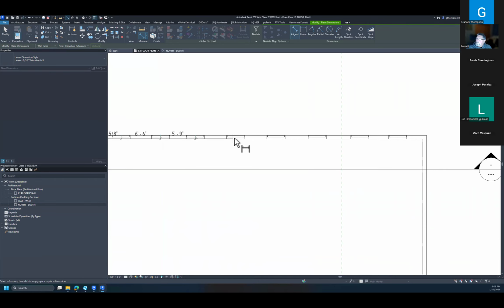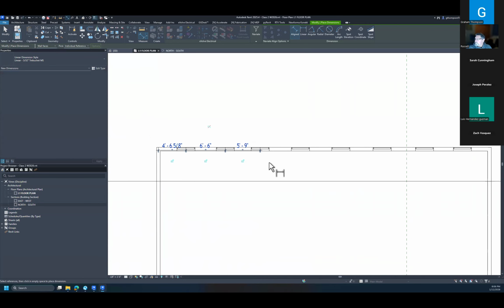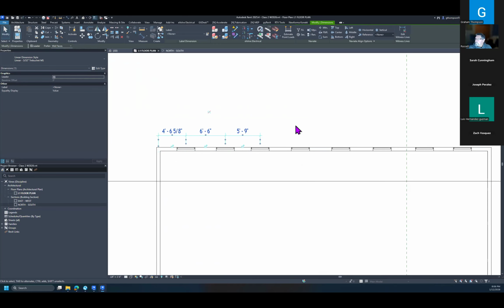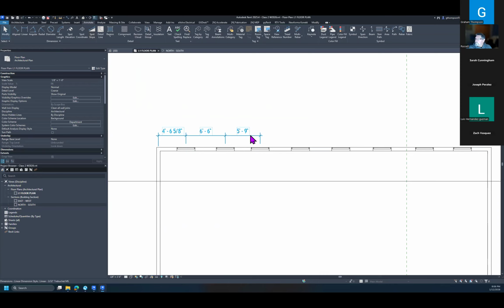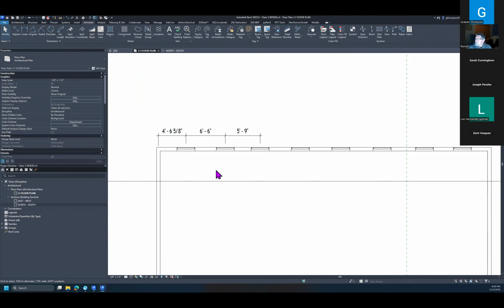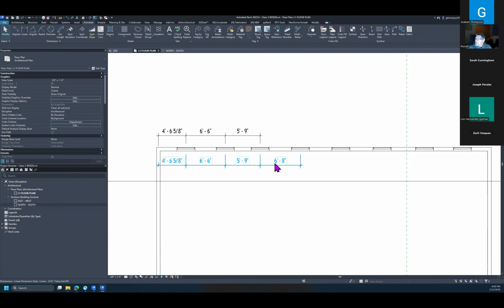Right, and then you can see that pop up. It'll turn blue. Now, oh crap, I clicked off it. I've got this already set. It's kind of there. I got two options. I can delete it and start over. I could just come back to here and start dimensioning this again, or